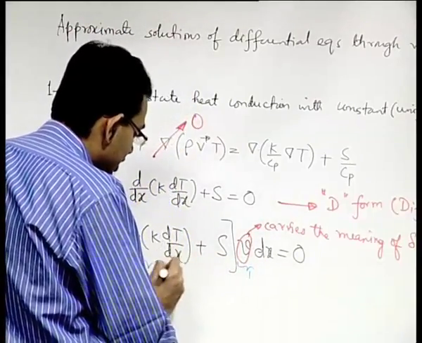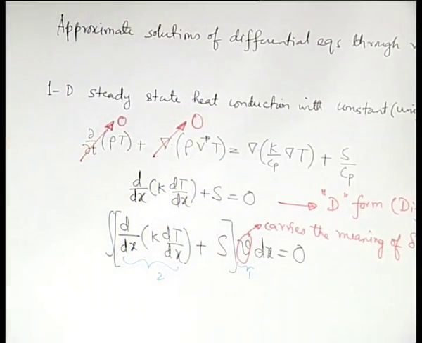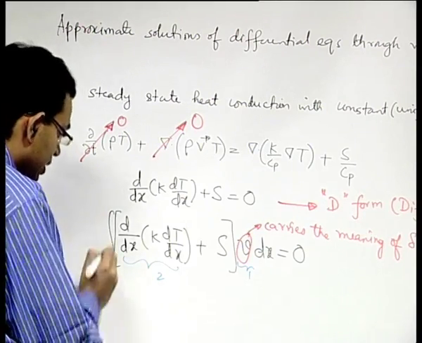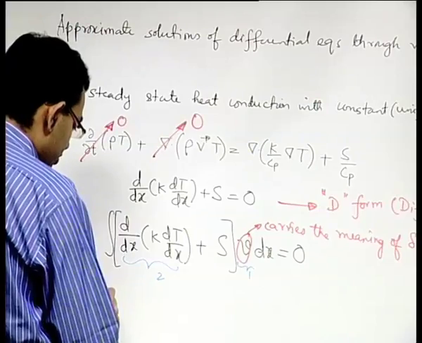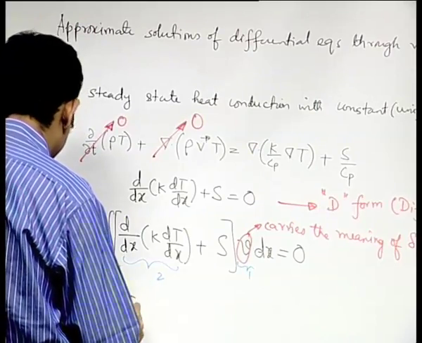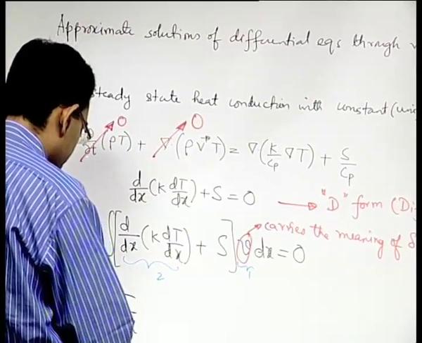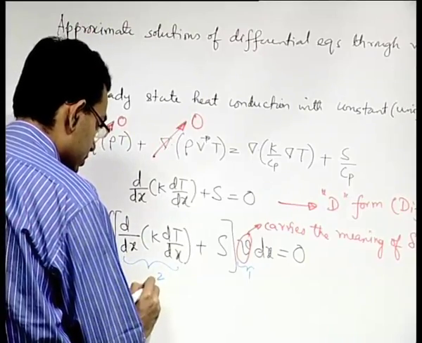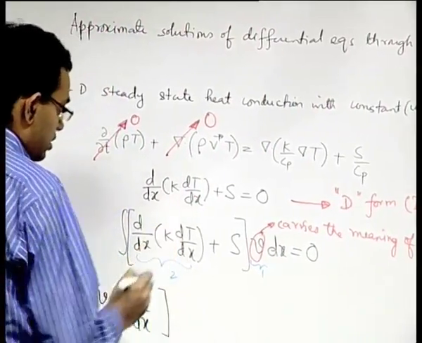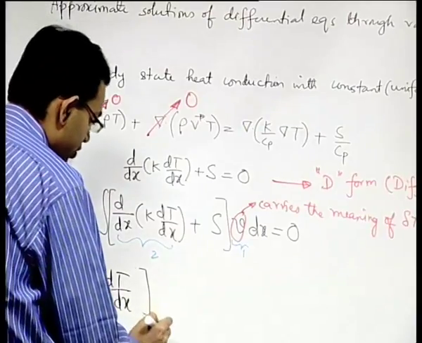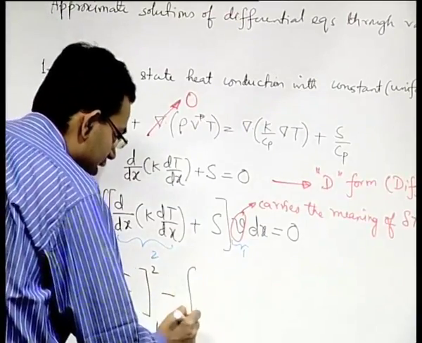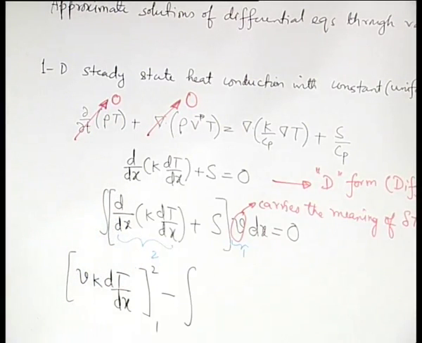The second function is the one for which order of derivative will be reduced. So, first function into integral of the second, k dT/dx, at the boundaries, let us say the boundaries are 1 and 2, minus integral of the derivative of the first function